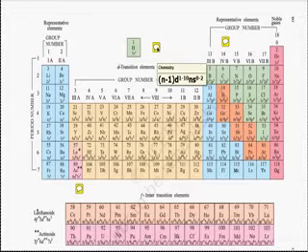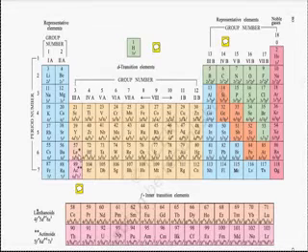Now here if you see, if s is n, then d is n minus 1. It means that if s is 4, d is 3. If s is 5, d will be n minus 1, that is 4. If s is 6, n minus 1 will be d, that is 5. Similarly, you can see over here, it is 7s and 6d.